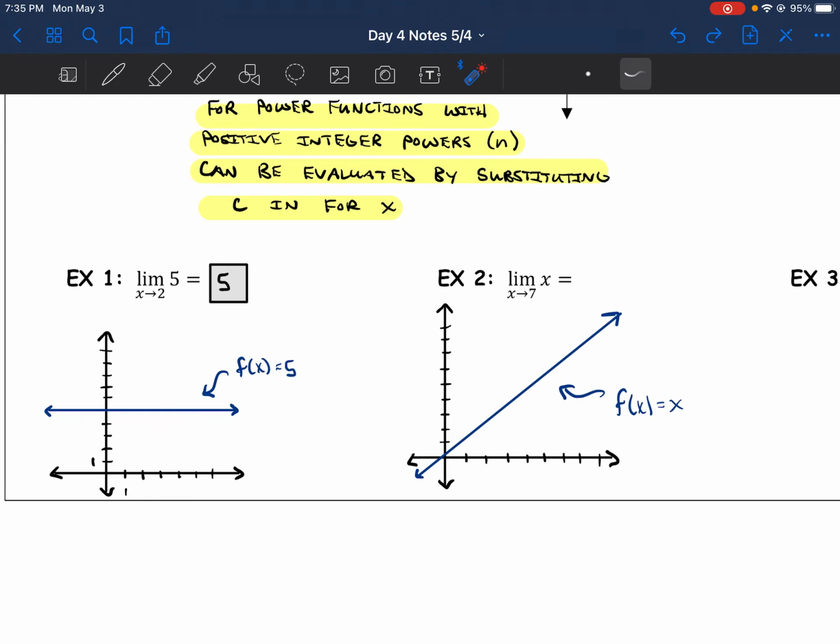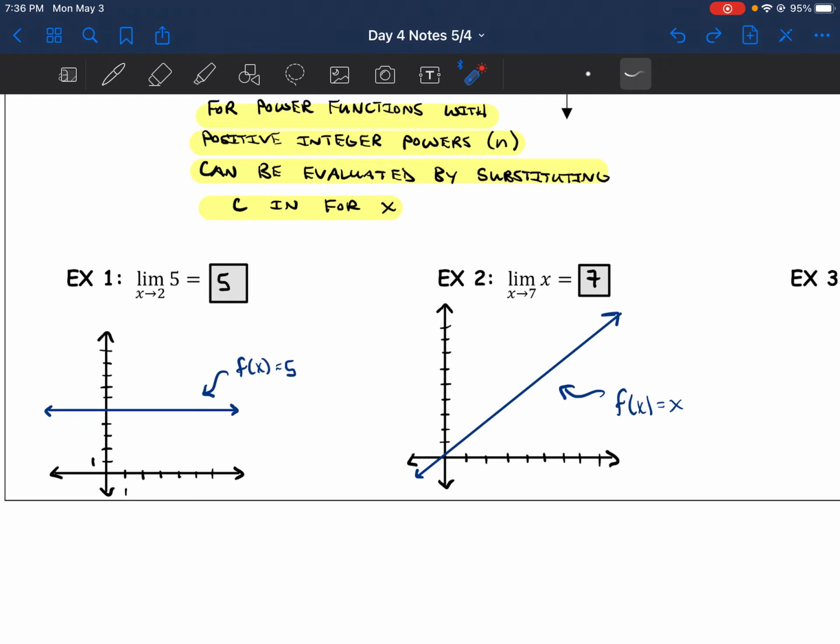All right, here in our second example, let's find the limit as x approaches 7 of x. Well, we have the line f of x equals x, or y equals x, and if x is going to approach 7, let's see, 1, 2, 3, 4, 5, 6, 7, so we're approaching right here, well, the y values are just going to mimic that. So the y values will also be approaching 7 in this case. So really what we're doing here